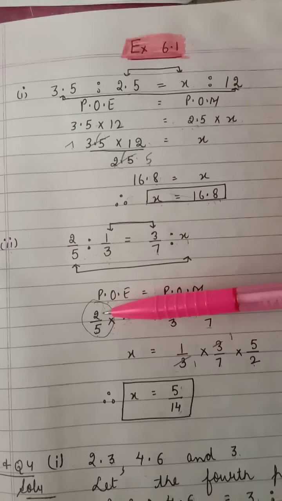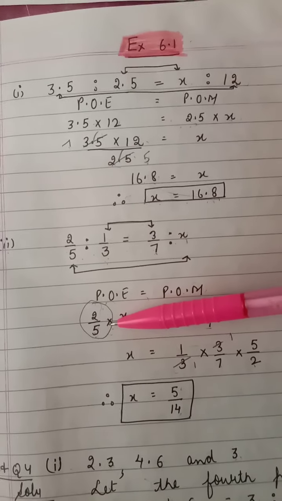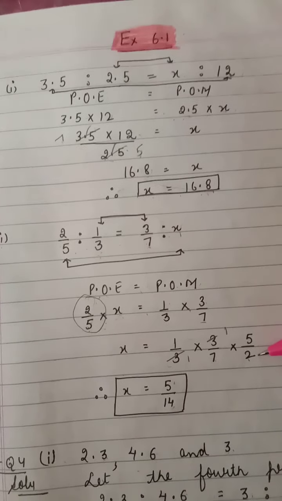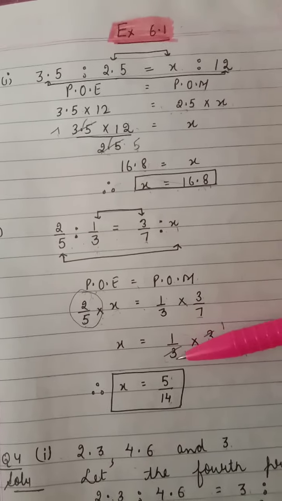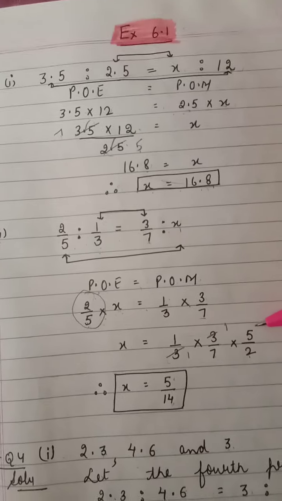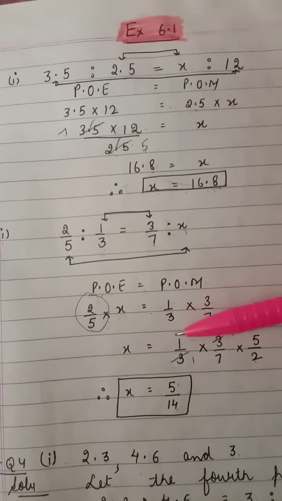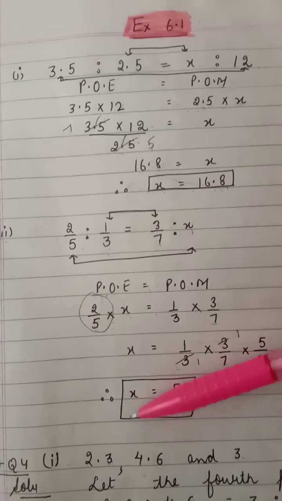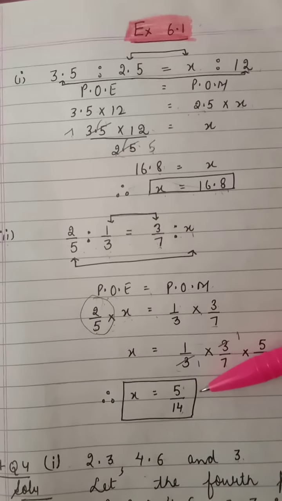When we take a fraction to the other side, we have to reciprocate that, which means 2 upon 5 will become 5 upon 2. Now on cutting, 3 ones are 3, 3 ones are 3. We cannot cut further. So 5 into 1 gives us 5 and 2 into 7 into 1 gives us 14. The value of x is equal to 40. Now moving on to the next question.